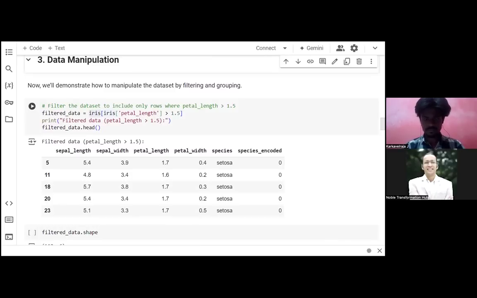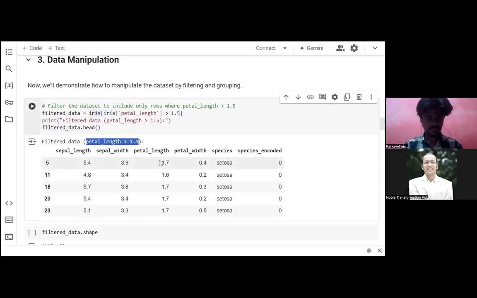So it will filter greater than 1.5, so you will see the petal length in the dataset is greater than 1.5.